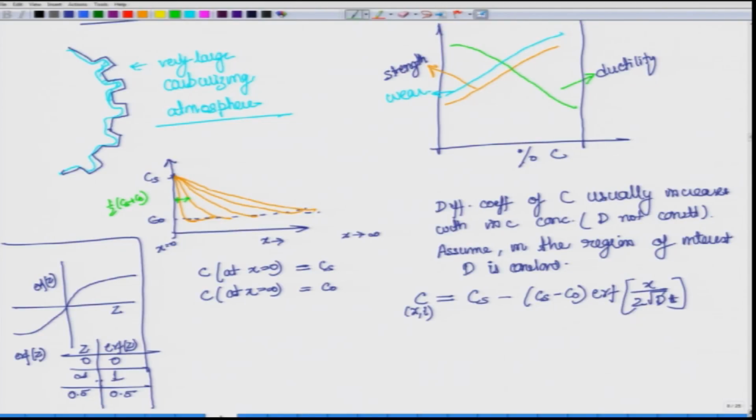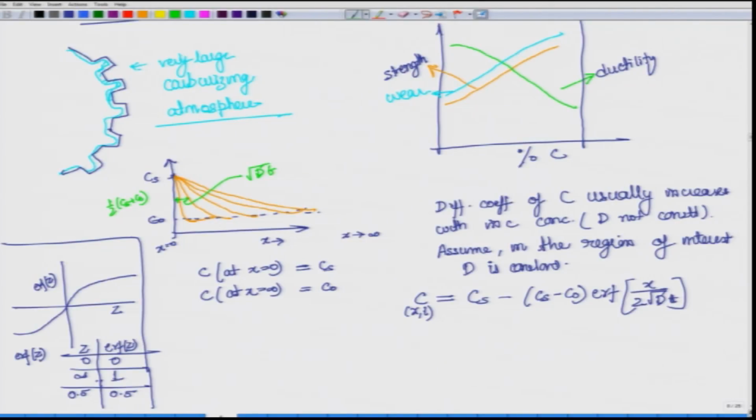Whatever you get, this is equal to root Dt. So, this root Dt is an approximate way of finding how much is the depth of carburization. If you know the diffusivity coefficient and you know for how much time you have let it diffuse, then square root Dt gives you the approximate depth of carburization, and at this value, root Dt is nothing but the value of concentration at this half midway point.